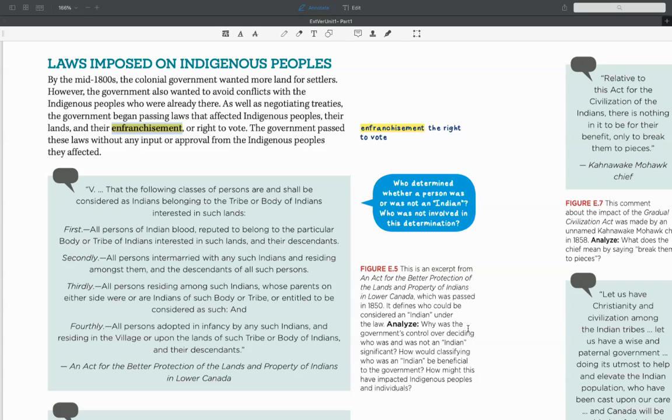So, why was the government's control over deciding who was and was not an Indian significant? How would classifying who is an Indian be beneficial to the government? How might this have impacted Indigenous peoples and individuals? So, when we're looking at that question,